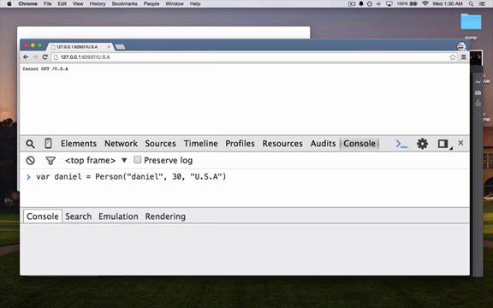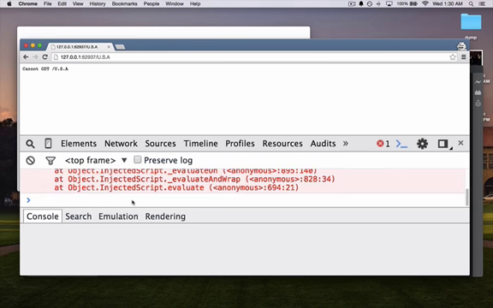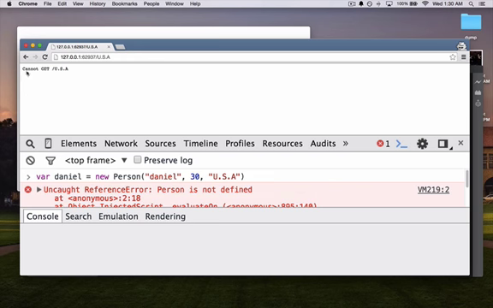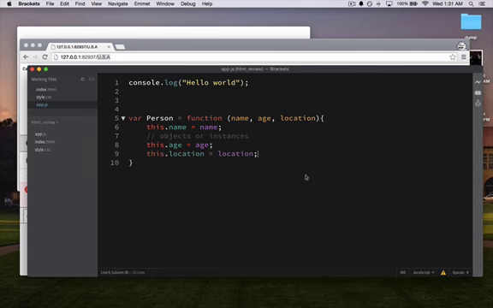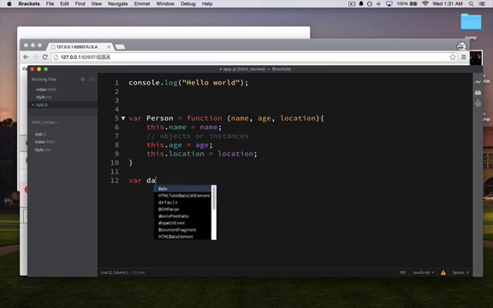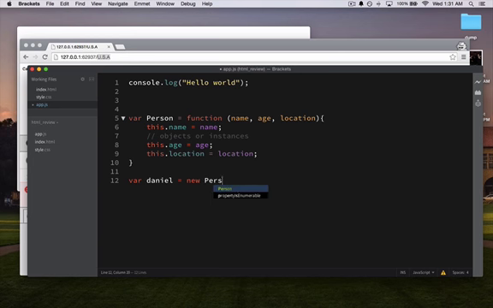Well, okay, so we do have a simple error that was shown. Anyways, let's do that from within here. Var Danielle person, Danielle age 30, located in the US of A. Let me close that person,